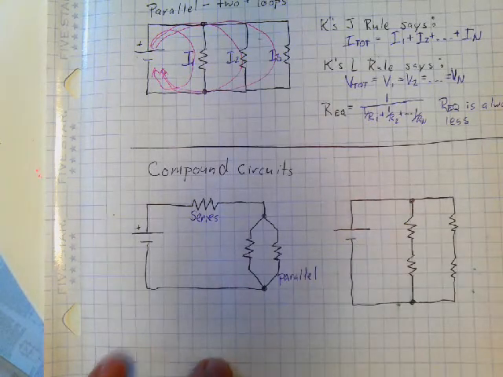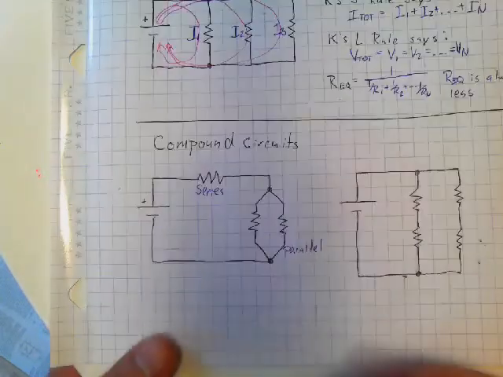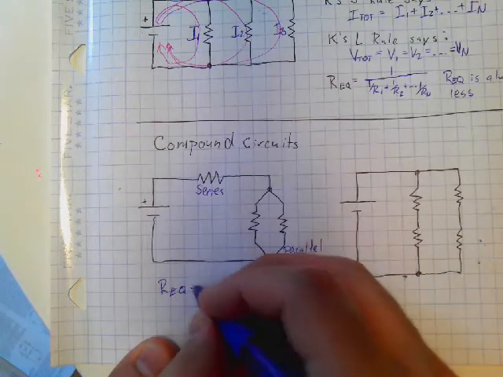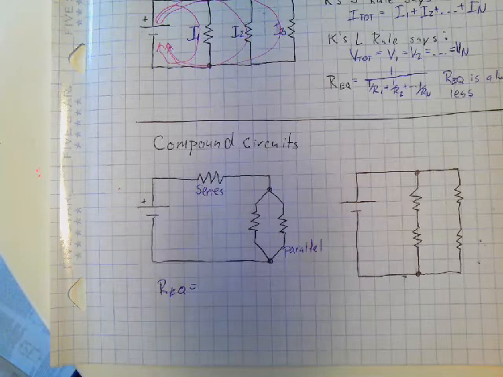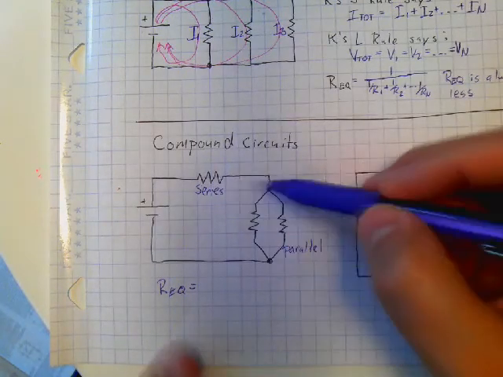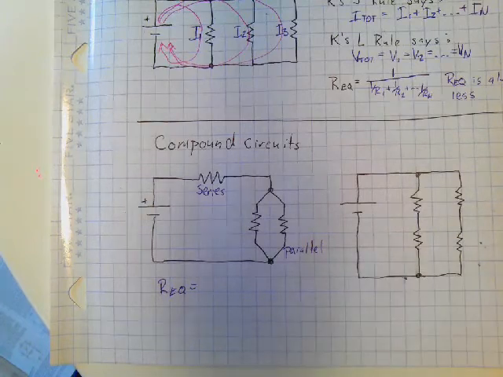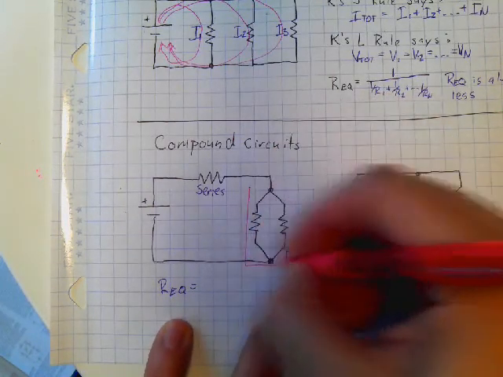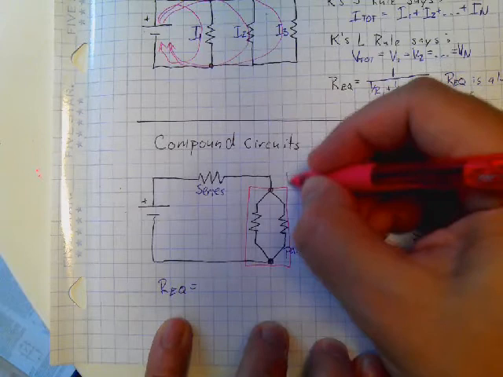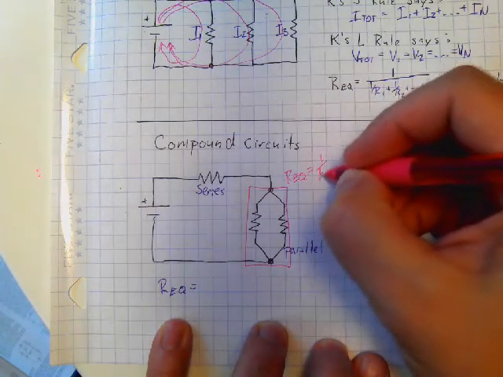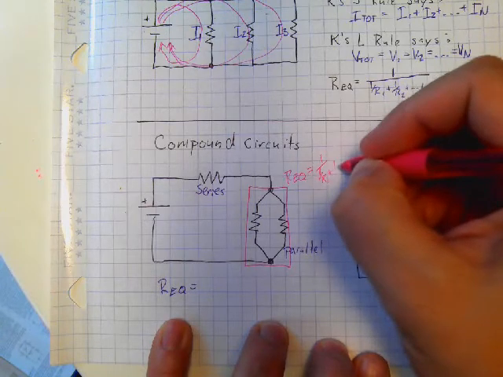If I wanted to figure out the equivalent resistance of this circuit, well, basically, this is in series with these two, so I would take a look at the equivalent resistance here, which would be 1 over whatever our values are,